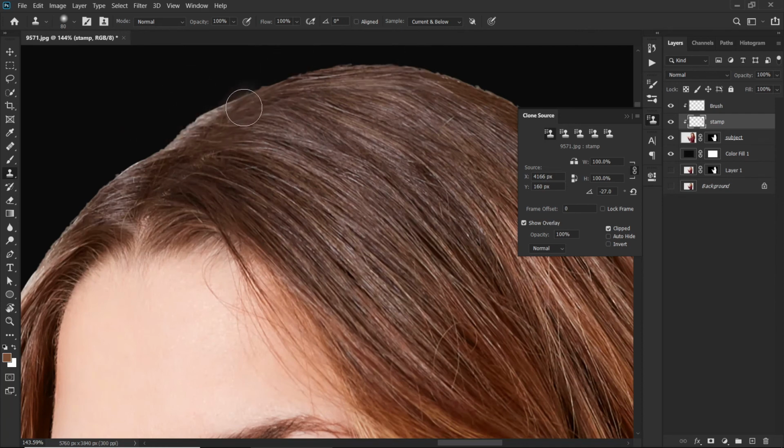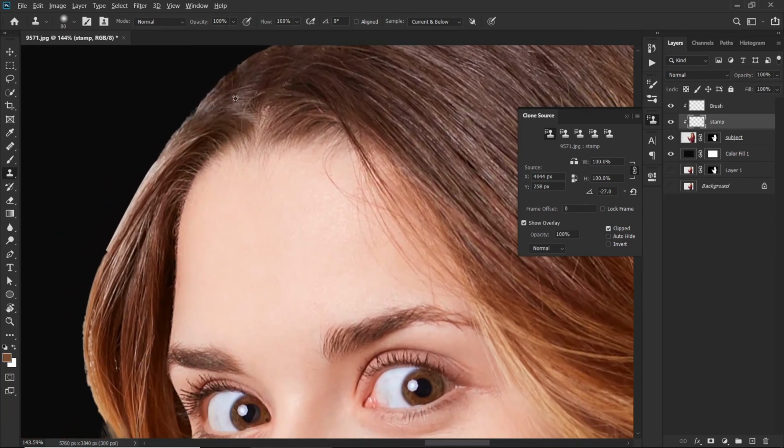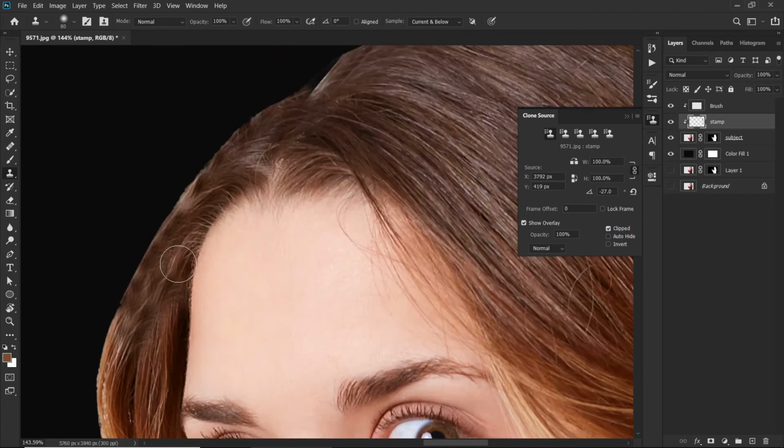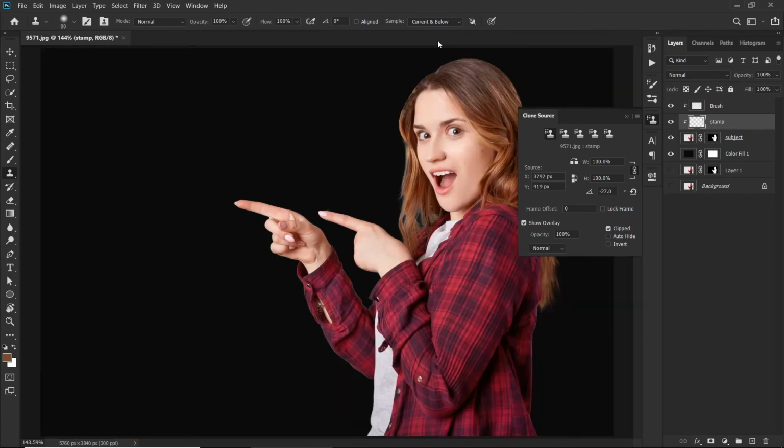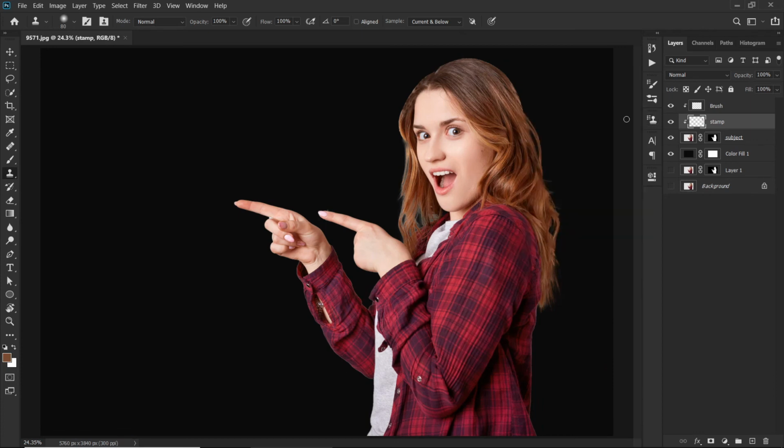See, it does a pretty great job here as well. Let me just sample this region and we will patch this, or you can say clone this area. See, now our right side is fixed and we need to just fix our left side. So here is the before on right hand side and here is the after on right hand side, and see the difference, it looks great.